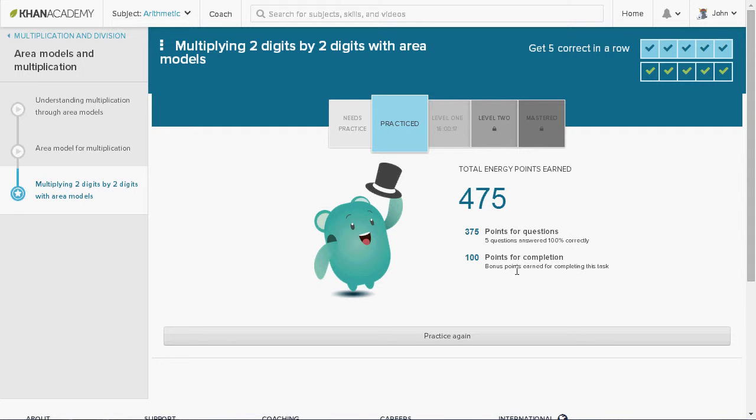You start off, after watching the videos, of course, because you can still watch the videos on the left hand side. Look, you get asked questions, and you've got to answer 5 in a row correct, and it doesn't matter how many questions you attempt, as long as eventually you get 5 in a row correct.